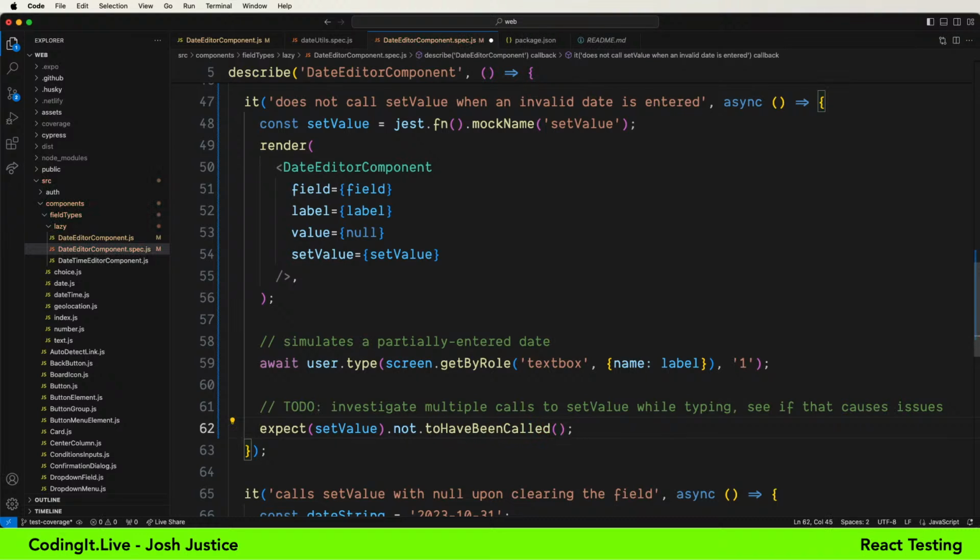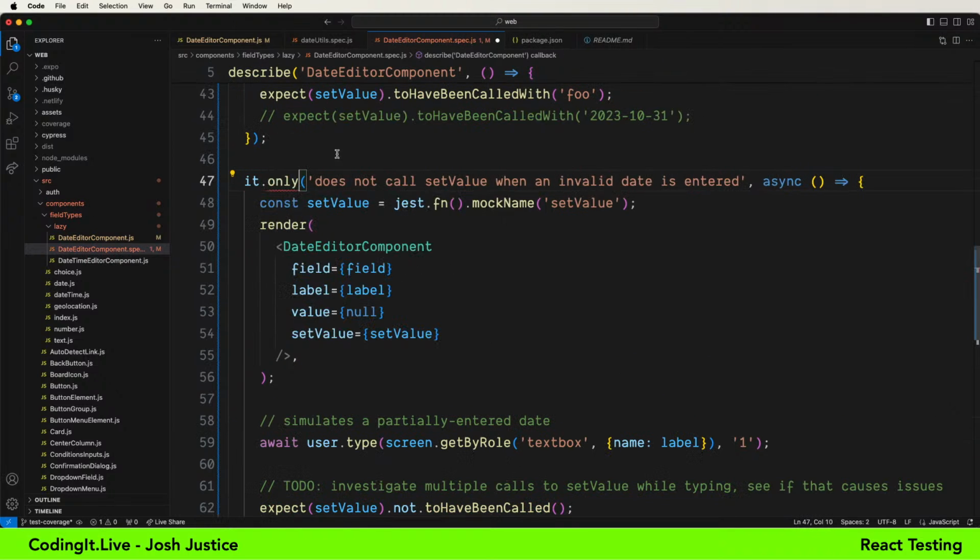And so here we're actually doing test-driven development for this step, in the sense of we want this new functionality to be handled a certain way, and I'm writing the test first that should fail before I implement it. So let's save it with a .only. Let's see it fail, and then we'll implement it.